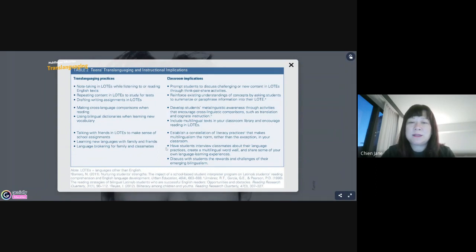Have students interview classmates about their language practices, create a multilingual word wall. I like the multilingual word wall idea. So just so you know, in the States, perhaps in a classroom, there would be students with six different home languages in one class. So you could create a multilingual word wall for these students and ask them to write it in their own language if they know how to write it. Share some of your own language learning experiences, or discuss with the students the rewards and challenges of their emerging bilingualism. Okay, these are all classroom practices of translanguaging,